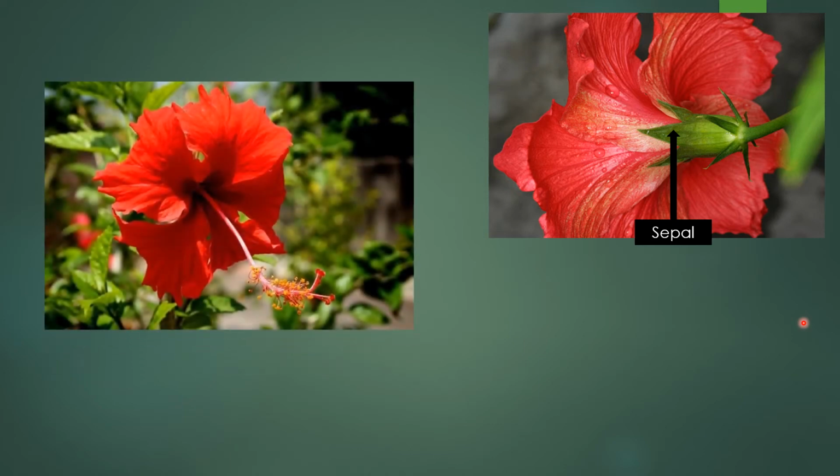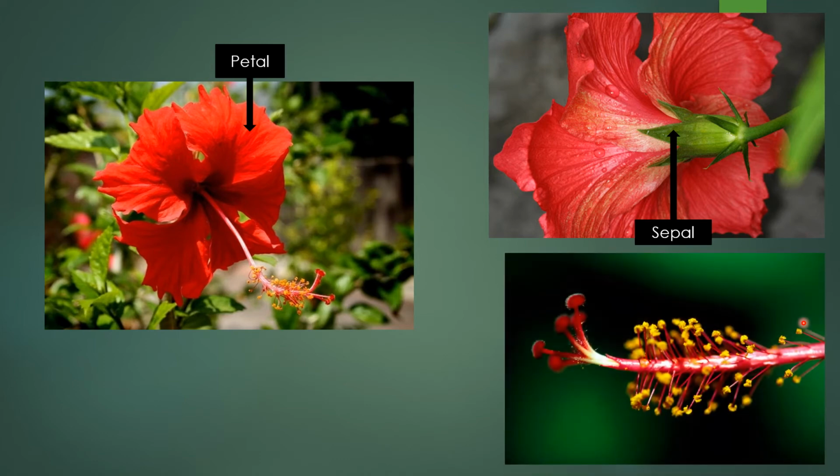Now the next one, the red colored portions are the petals. If we see this portion in a larger view, then we can see the anther, the yellowish structure, and the filament, a very tiny structure that connects the anther to this